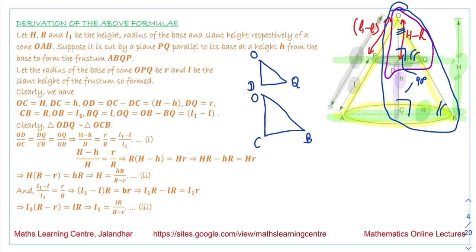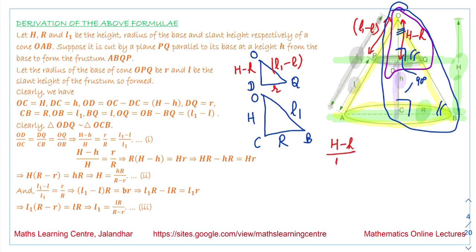The lengths corresponding to these triangles: the length OC we have, that is equal to capital H. OB we have, that is equal to L1, and CB we have, it is equal to R, and DQ we have, it is equal to small r. OQ that we have, it is L1 minus L, and the value of OD we have, it is capital H minus small h. So if both these triangles are similar to each other, what we get is capital